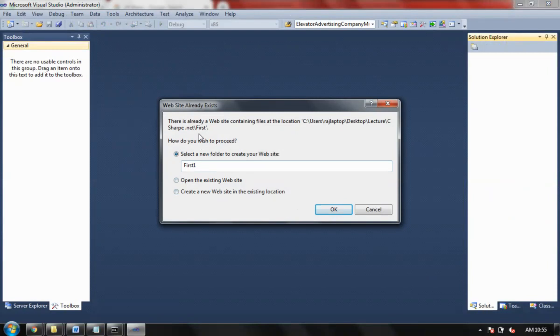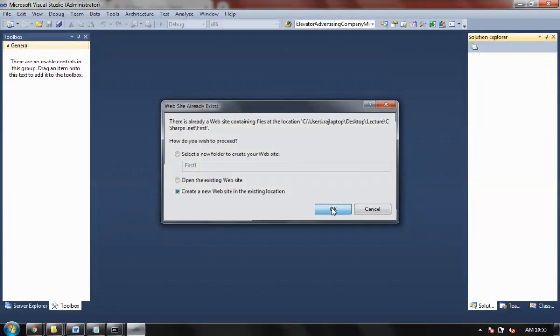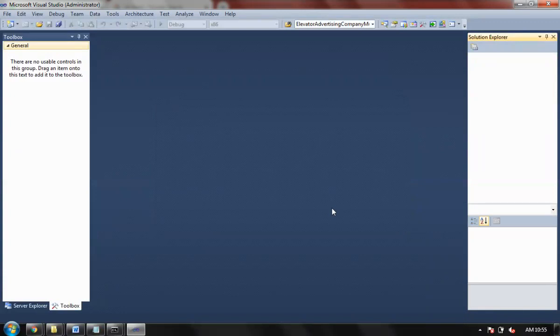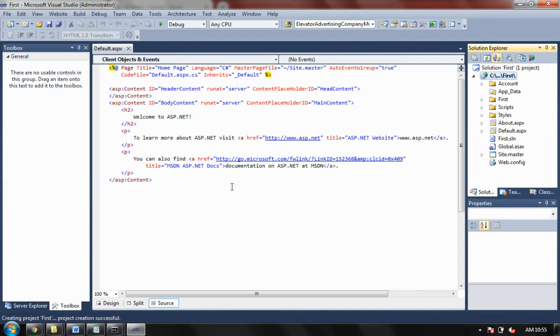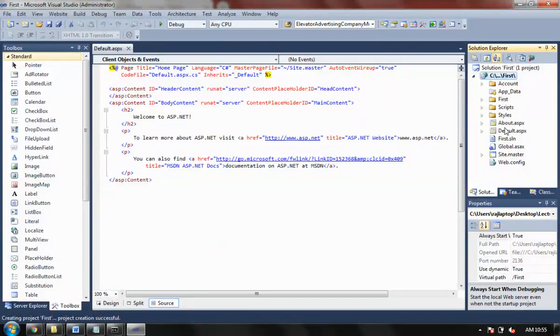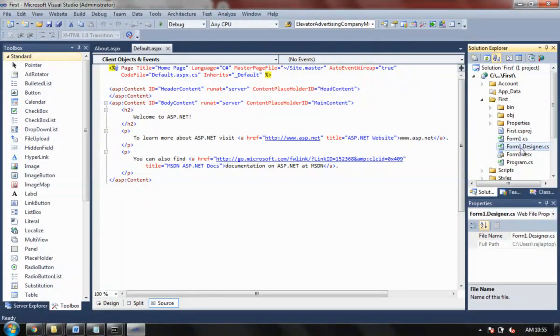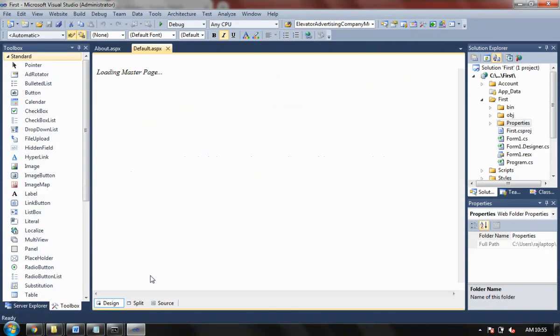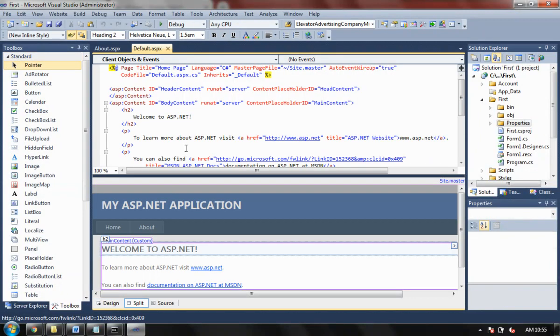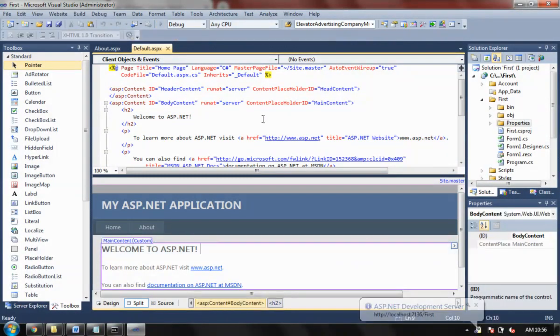I click on OK. Do you want to create a folder there? Yes. Create new site in new location. So it is creating it. Now your C# code is available, which has About class, Default class, Accounts here. This is your first program. When you click on the Design option, you get a view of this. If you choose the Split option, it is going to split your code. These are ready-made things available. If you press F5, it is going to display your output in the browser.